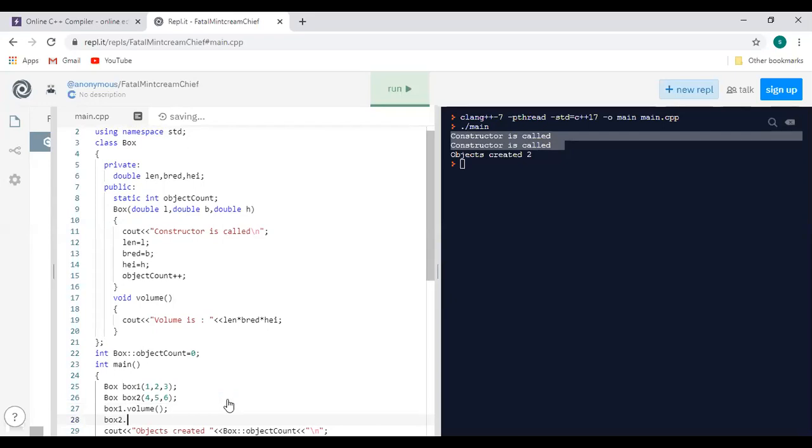It will accept the parameters and display the volume. Yes, 6 and 120. I did not use \n here, so that's why all are on a single line.